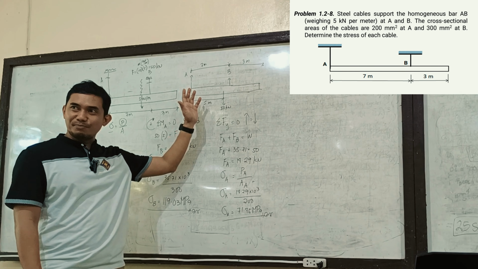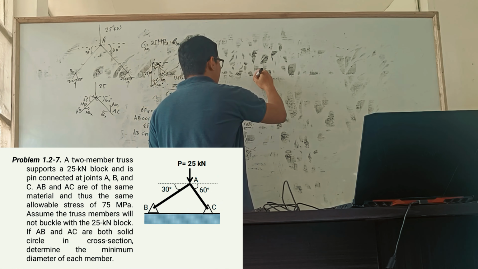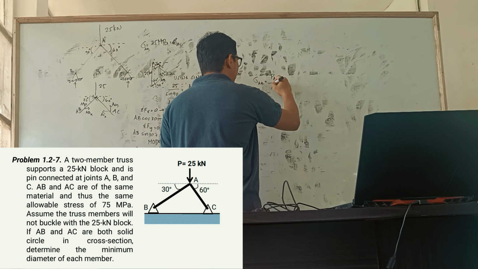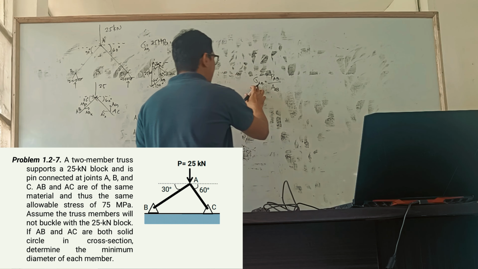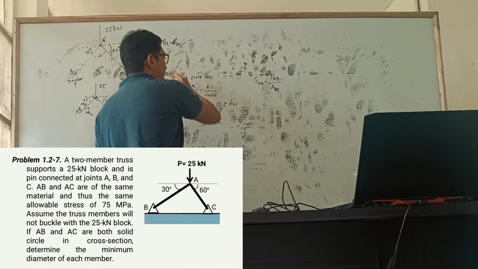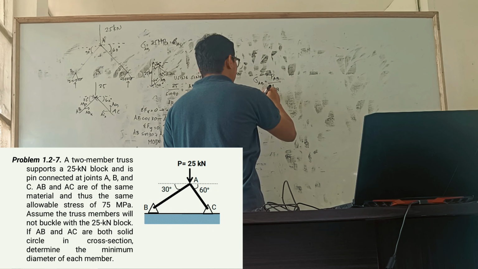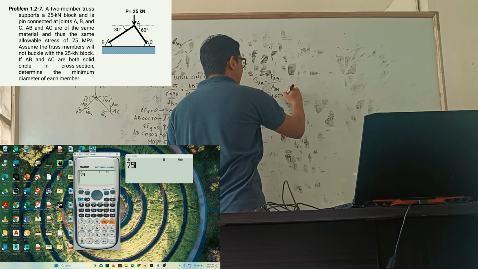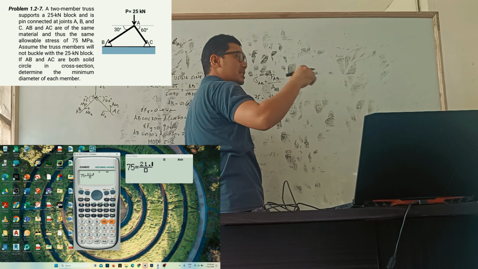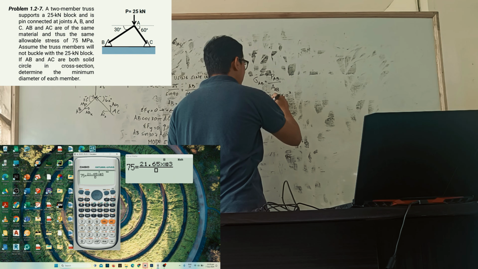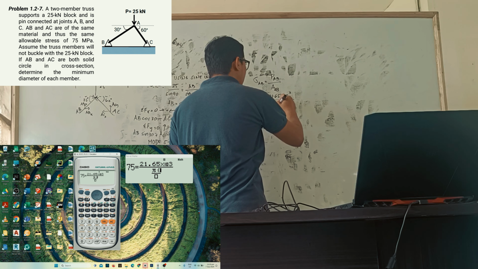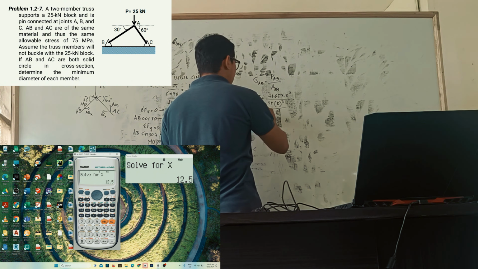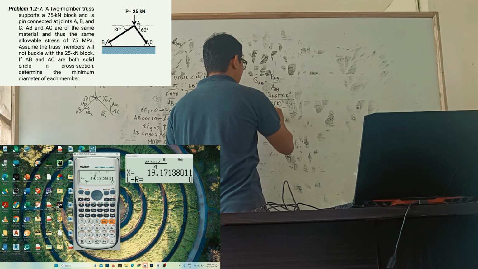Simple. Next, stress of AB is equals to the force applied at AB divided by the area of AB. Now we are given a limited stress allowable which is 75 megapascal. So therefore 75 is equals to the force applied of AB nga 21.65. Convert that into newtons and then diameter is the unknown, di ba? May gamit gipangita. So the formula is pi d squared over 4. So kaniya tong gi-after si diameter. So give me the value of diameter of AB. So 19.17